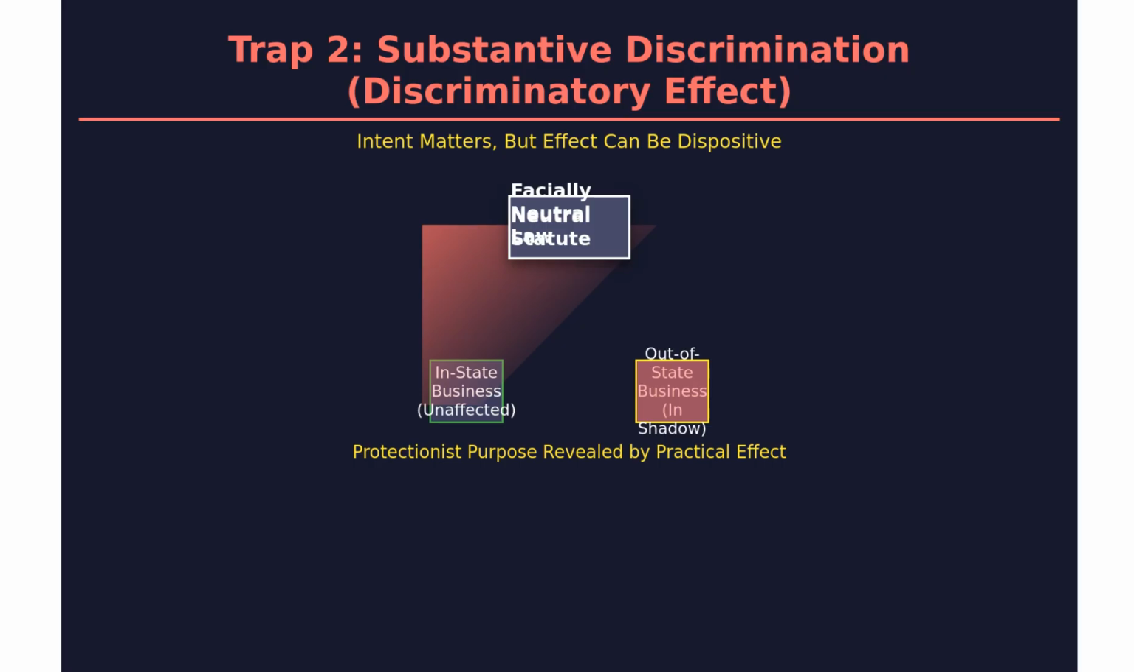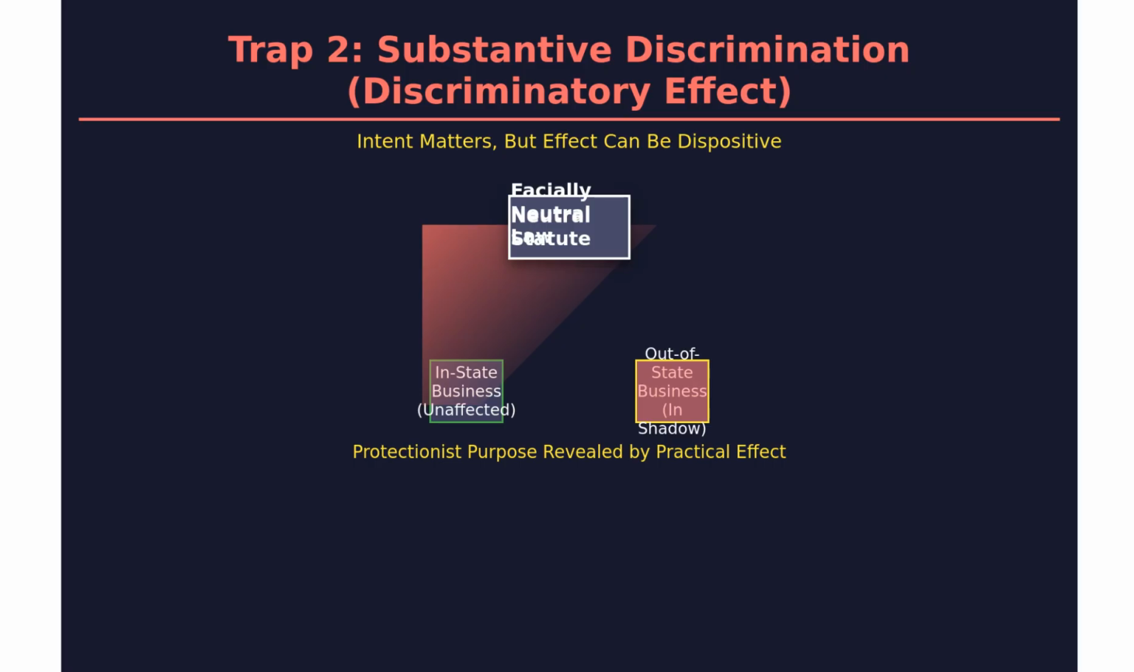The Supreme Court recognizes that a law might look perfectly neutral on its face. It applies equally to everyone, yet still violate the Dormant Commerce Clause. This occurs when the law's true purpose or its unavoidable practical effect is to shield local economic interests from out-of-state competition. While courts look for evidence of protectionist intent, sometimes the effect itself is so overwhelmingly one-sided that intent becomes